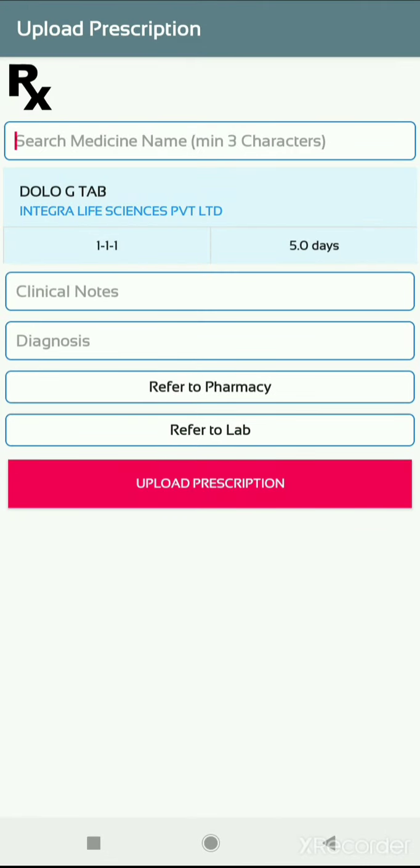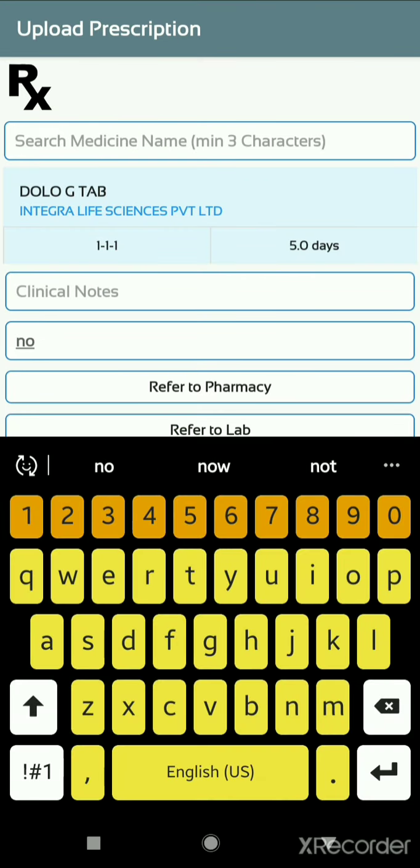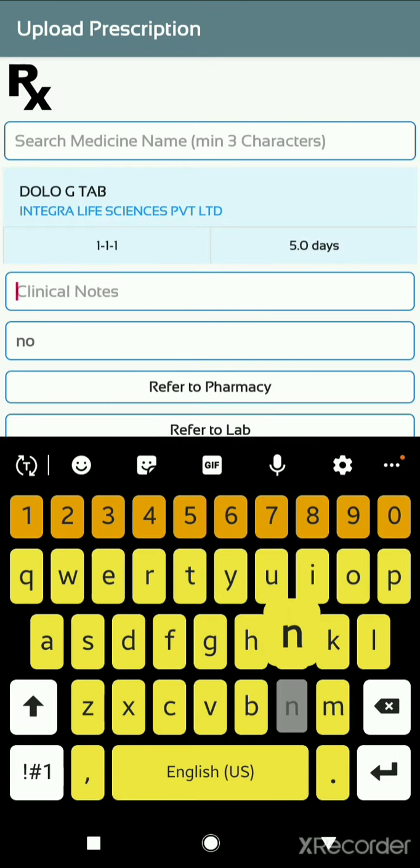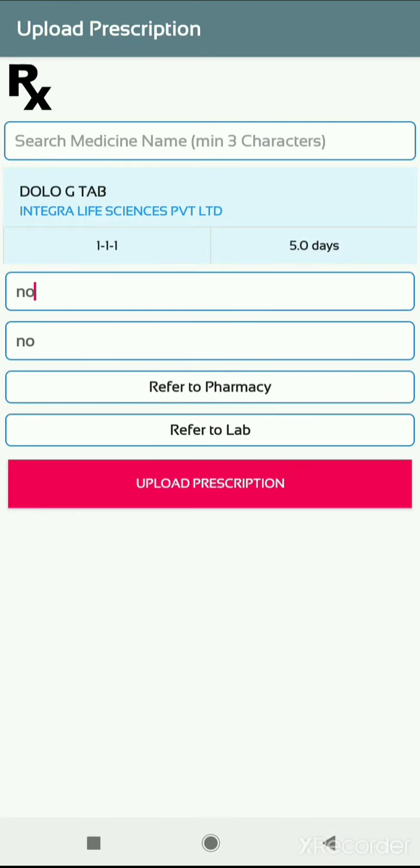Same, if there is any lab you want to refer, click on refer to lab. Now if you want to add any diagnosis, click on diagnosis and add. Click on clinical notes if you have, add, and now click on the upload prescription button.